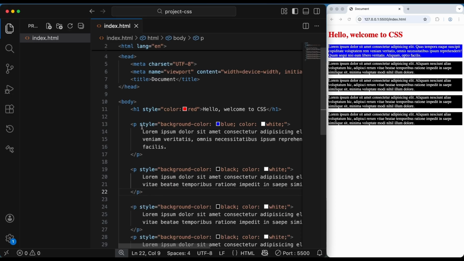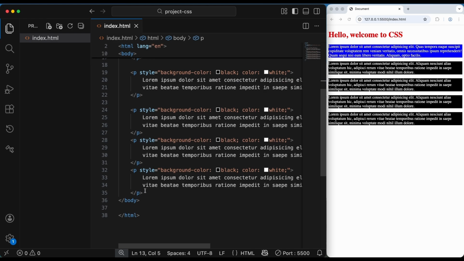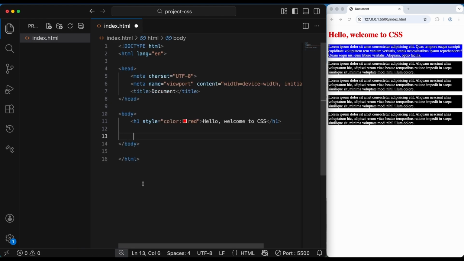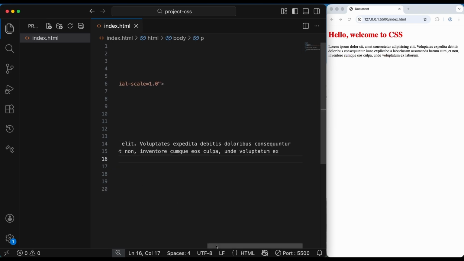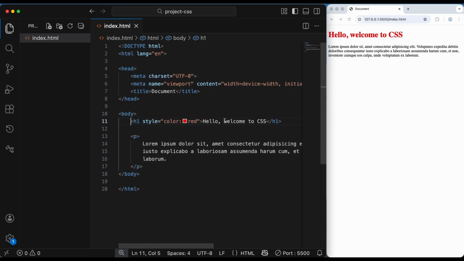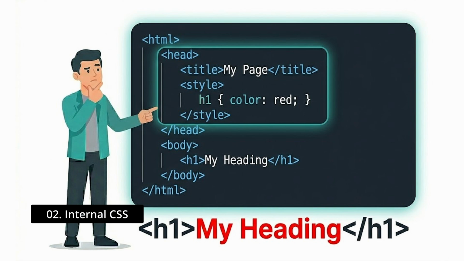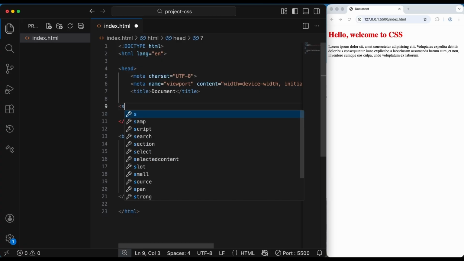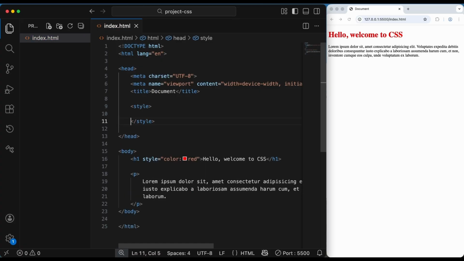Okay, now I will remove all of these paragraph tags, and let's add a new paragraph tag and lorem for the text. Okay, and here we have the inline CSS, and the second method is internal CSS. So how do we add internal CSS? We can add internal CSS by creating a style tag in the head. So here I will create a style tag, open and close like this, and this time